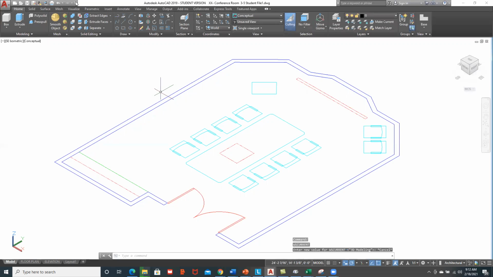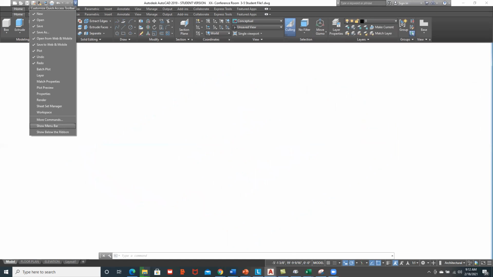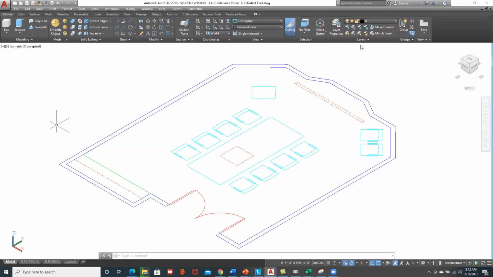I'm going to turn on my toolbar. When you switch workspaces, you have to turn on, and I should call it the right name, the menu bar. And then I always have difficulty locating the properties and the layers. And even though they're right there right now, what I'm going to do is go to Tools,